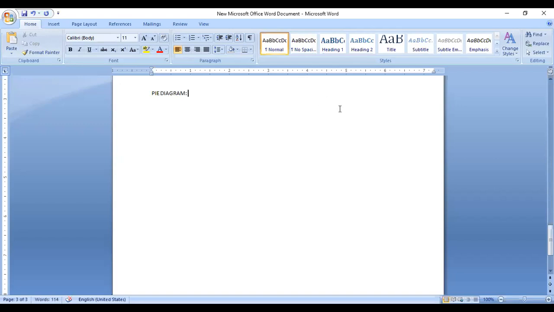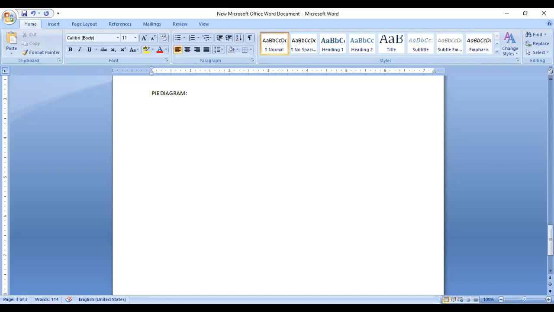It enables us to show the breakup of a given total into various component parts. It is called a pie diagram because the entire diagram looks like a pie and the components resemble slices cut from the pie. In order to construct a pie diagram, equate the total of values to 360 degrees, because in a circle you will find 360 degrees. Total of a circle is equal to 360 degrees.